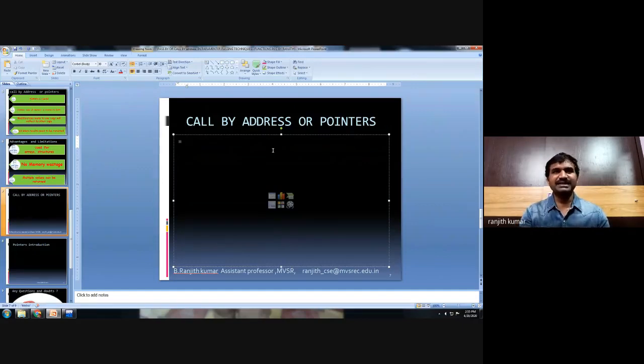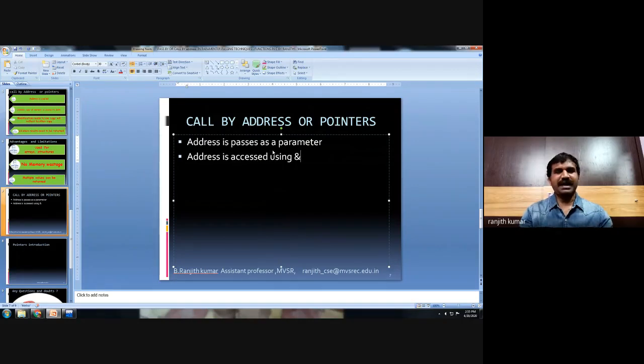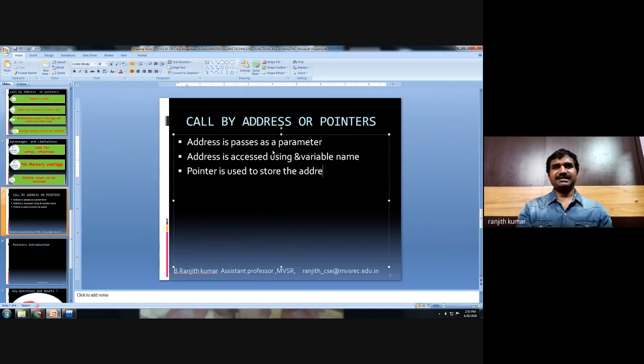In the call by address, the address is passed as a parameter and the address is accessed using ampersand variable name. And pointer is used to store the address.